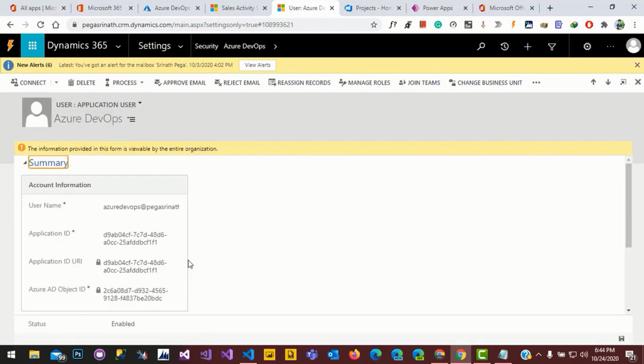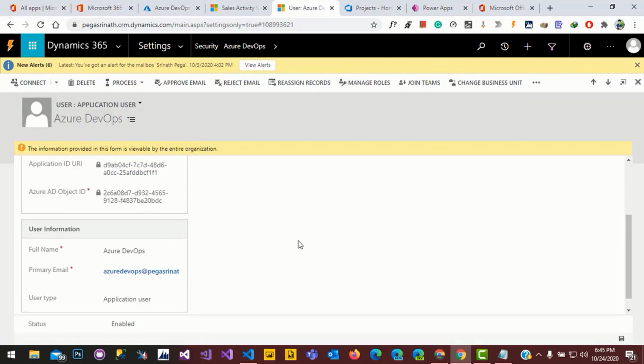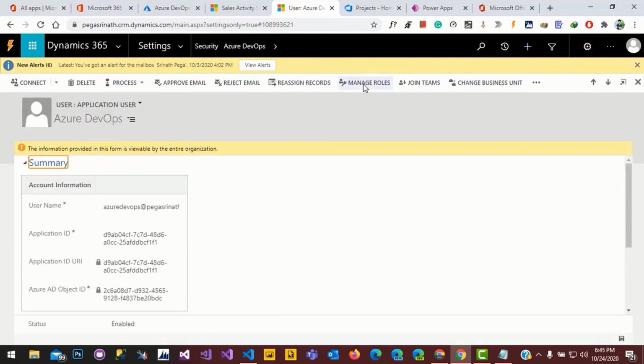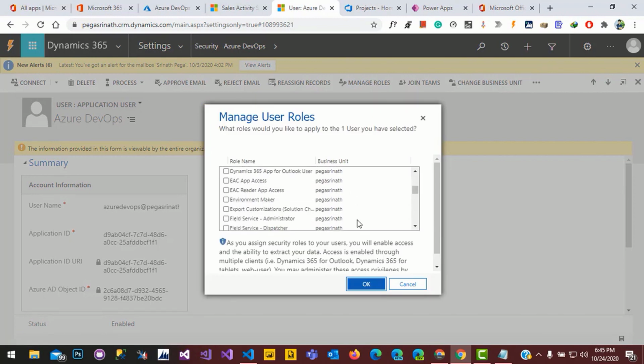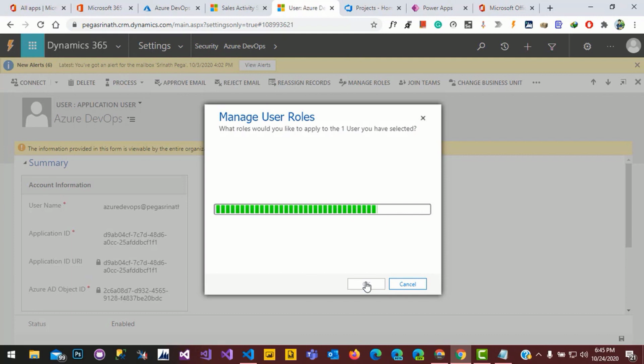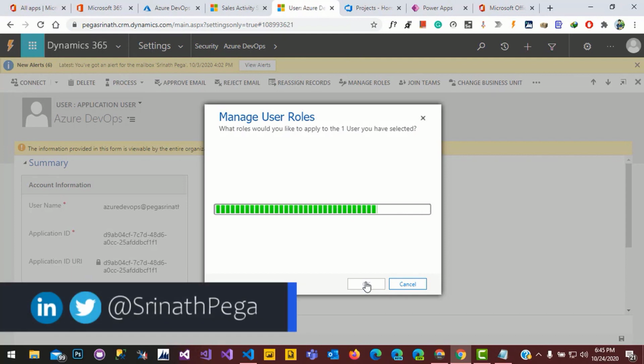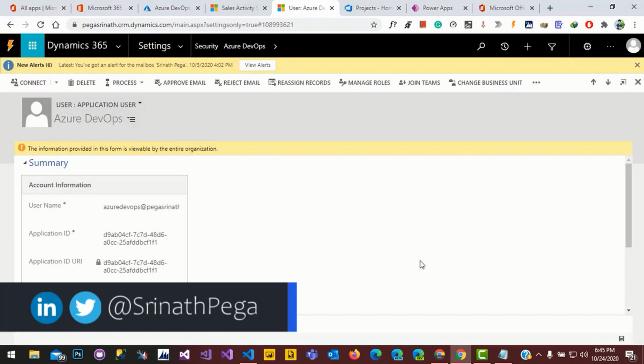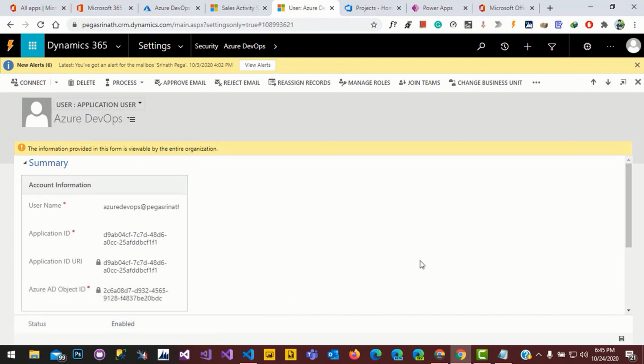So let's open this one. It doesn't have any role, so I will give the admin role, click on OK. Now my service account got created for the Dynamics 365 application.